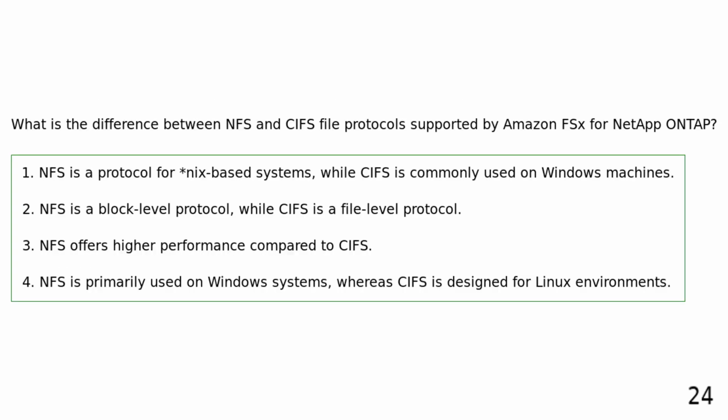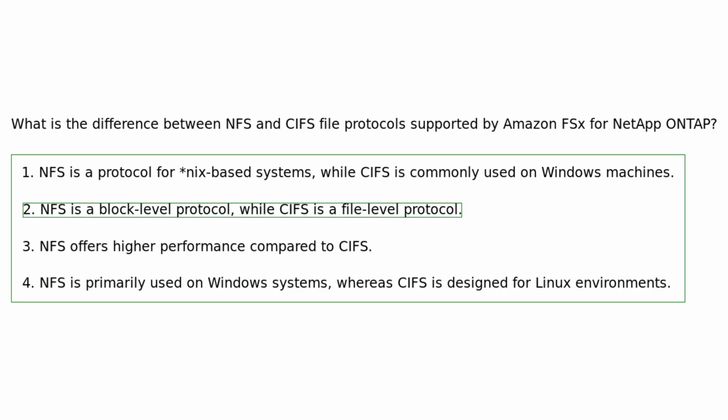What is the difference between NFS and CIFS file protocols supported by Amazon FSx for NetApp ONTAP? NFS is a protocol for *NIX-based systems, while CIFS is commonly used on Windows machines. NFS is a block-level protocol, while CIFS is a file-level protocol. NFS offers higher performance compared to CIFS. NFS is primarily used on Windows systems, whereas CIFS is designed for Linux environments. NFS is a protocol for *NIX-based operating systems like Linux and Mac OS, while CIFS is the Windows counterpart used